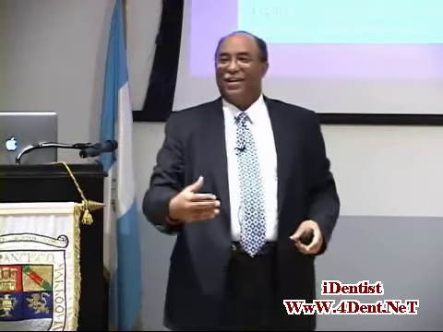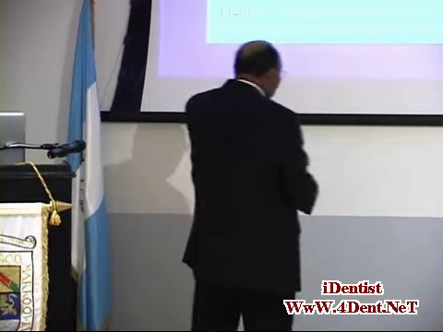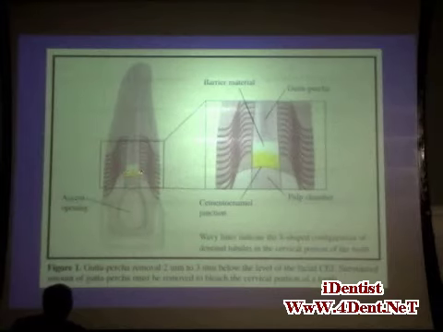Now, 98% of the time, the gingiva is where? At the level of the cemento-enamel junction. So most of the time, you're going to be correct if you remove the level of gutta percha below the level of the CEJ. But I want you to throw that out of your mind and think more about the level of the gingiva rather than the position of the CEJ for that reason. Now, unfortunately, when this went to print, they placed a yellow area in here. That was a mistake, so please ignore that.